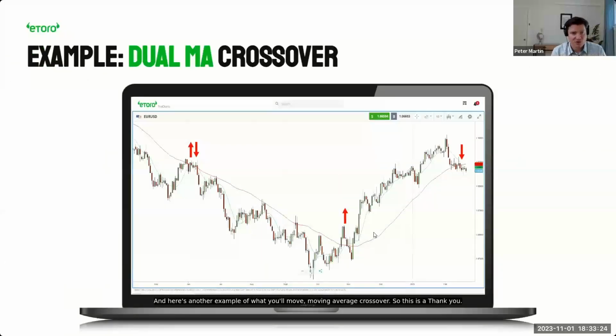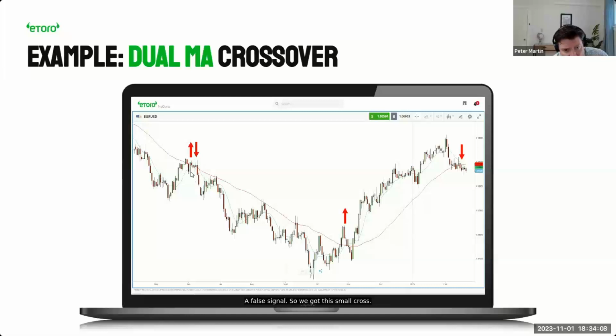And here's another example of a dual moving average crossover. This is a daily chart of the FX pair euro versus US dollar. On this, I've got a green line for the faster moving average, which is a 20-day moving average, just like we had there. And then the red is the longer one, the 100-day moving average. We can see in June of, this must be 2022, so in June of 2022, we got a